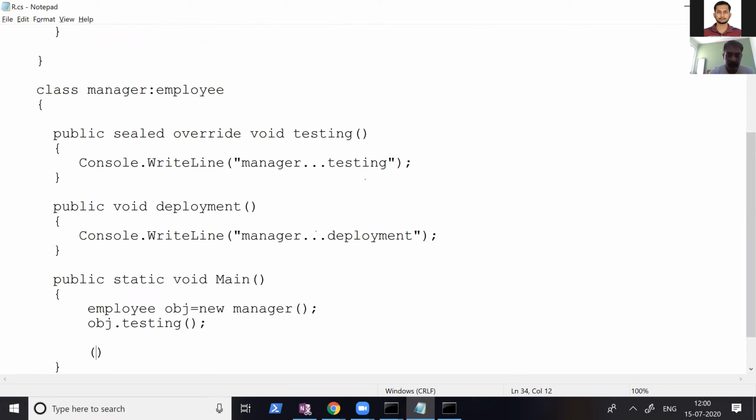Right now I'm casting obj intentionally to manager. Then dot, and you can call the function called deployment.